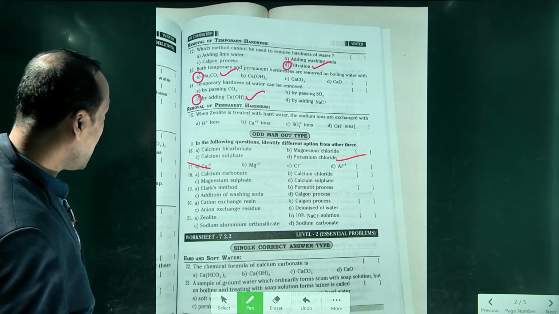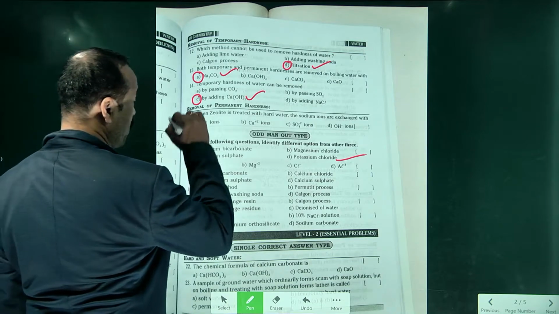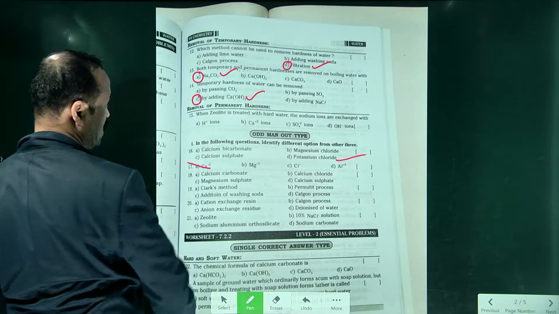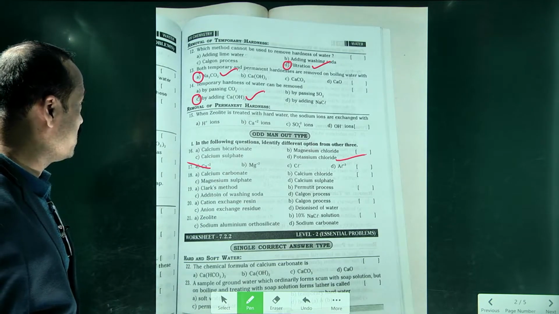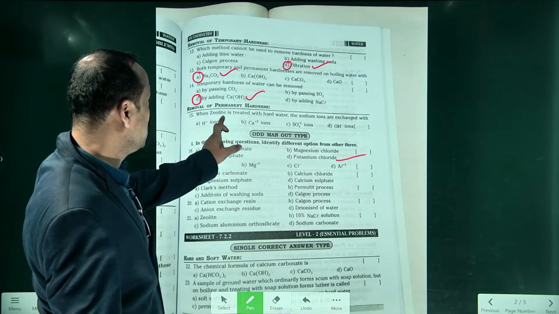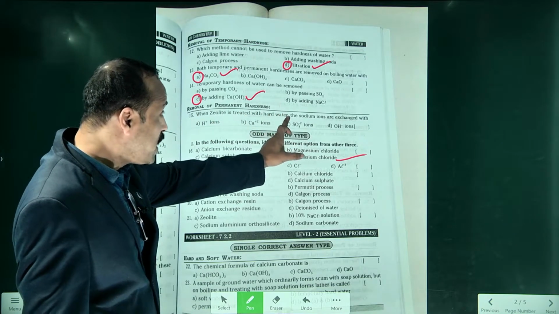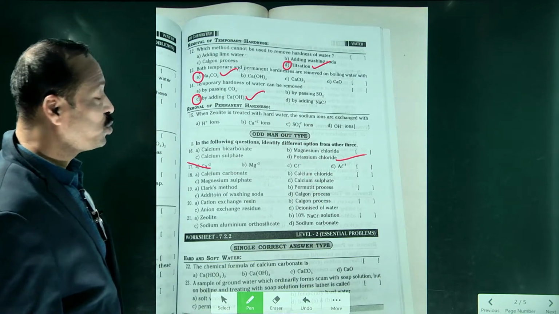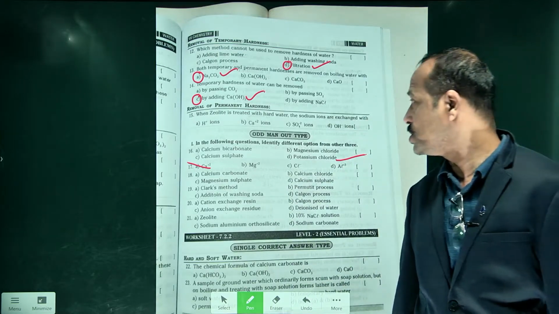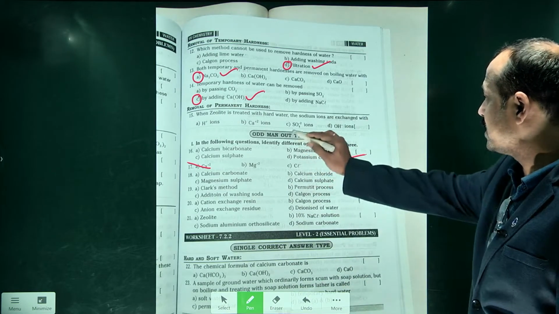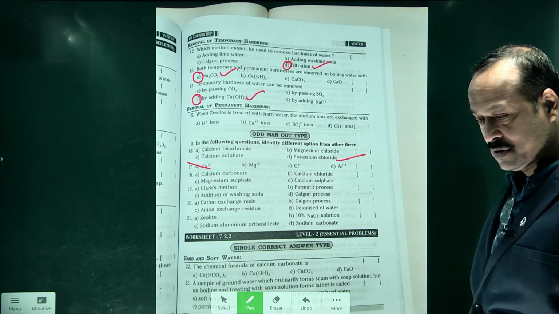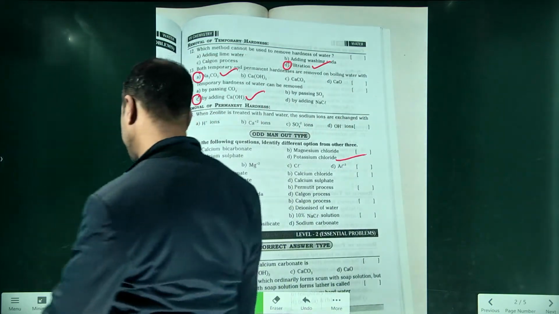Very good. Now 15th question, removal of permanent hardness of water. Okay, so this is the ion exchange method. We have studied this one. In the permutit process, when zeolite is treated with hard water, the sodium ions are exchanged by, what is the answer here? Permutit process. Sodium ions are exchanged by